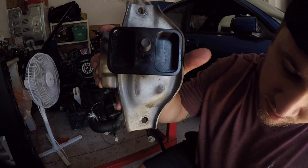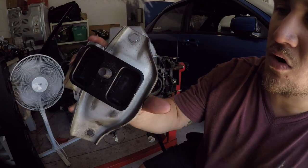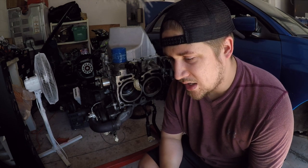These are literally as solid as you can get. It's all just one chunk of aluminum. I've heard great reviews about these. I've talked to the owner of Illuminati a couple times. It just seems like a very good product, and since this is going to be a full-blown race car,